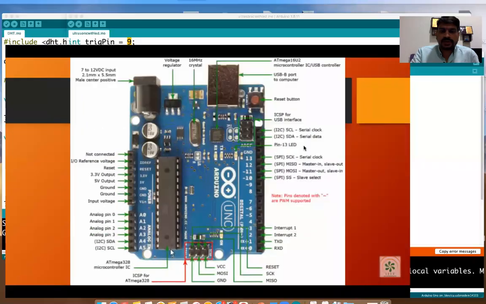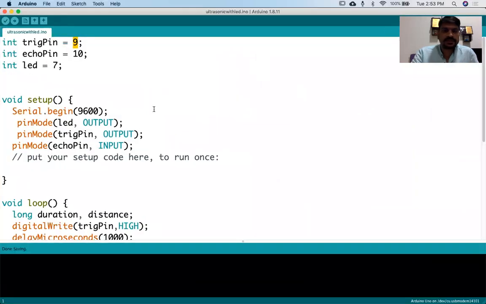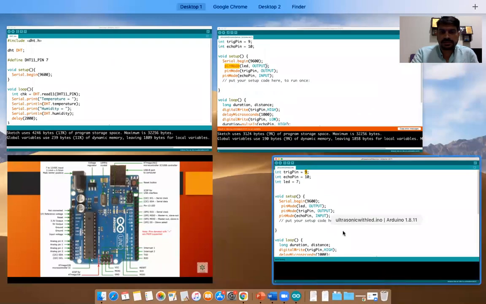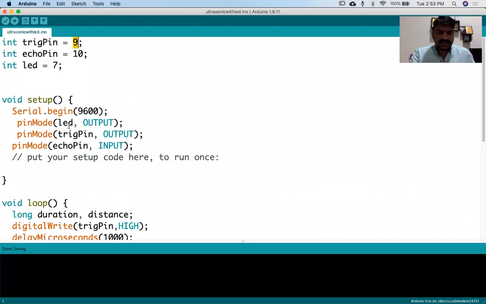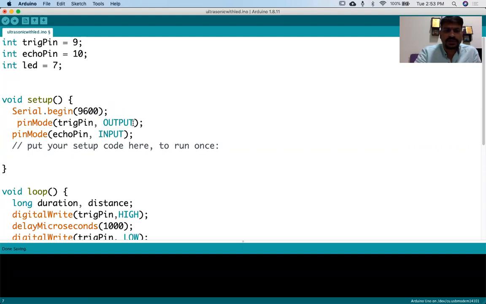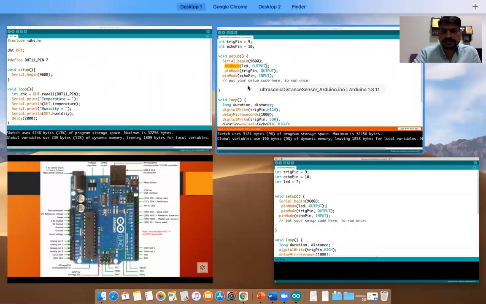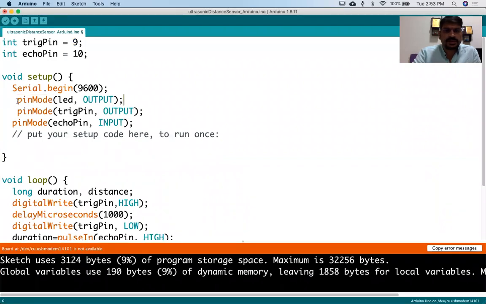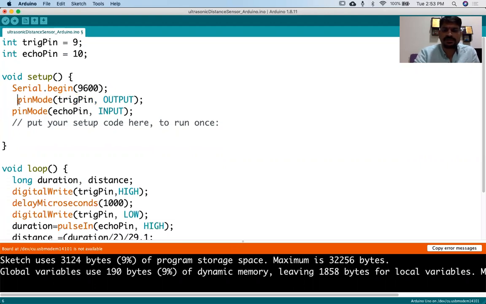So let's come to the program again. We made one pin as constant LED. We give the output to the LED. We have one LED. Right now I'll just remove it. I don't require this. So I don't require the LED right now. I'll use a simple program here. Now I'll change the pin mode.